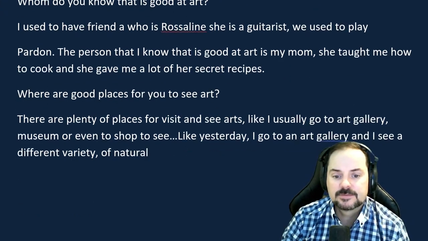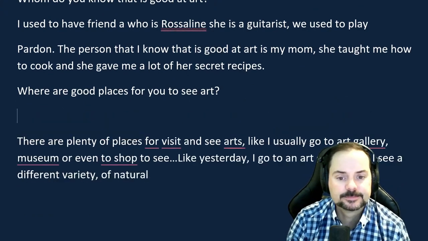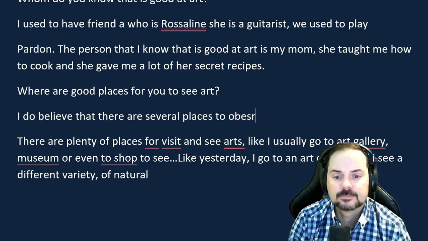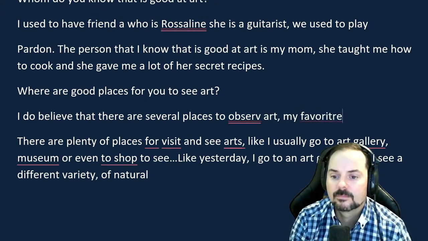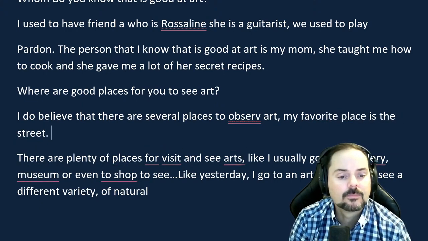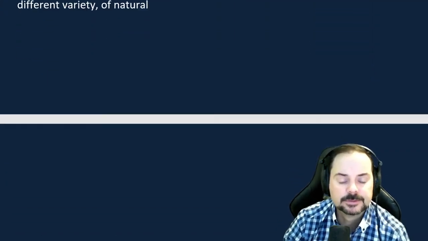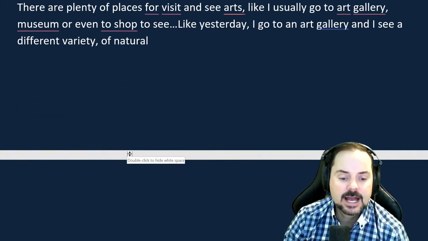Where are good places for you to see art? I do believe that there are several places to observe art, but my favorite ones are first the street. I really love to walk in the evening with my dogs and observe the freestyle musicians playing. It just relaxes me. As well, there is a library located 10 minutes walking away from my house. I go there each Sunday to read and gain more knowledge, and I do believe